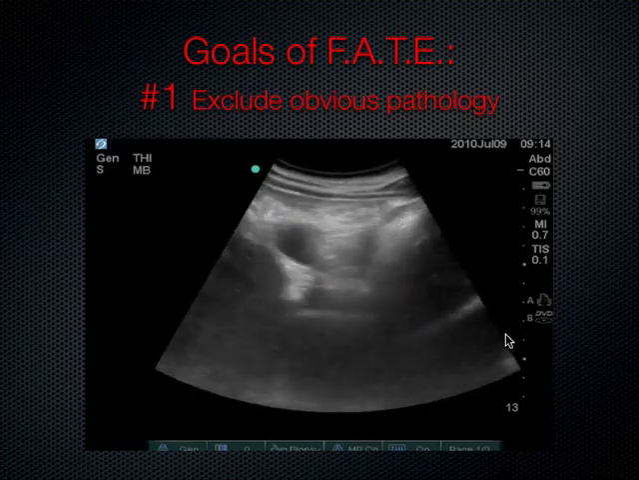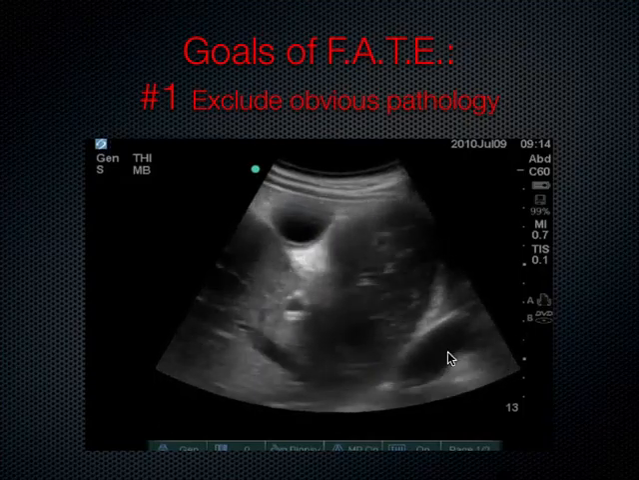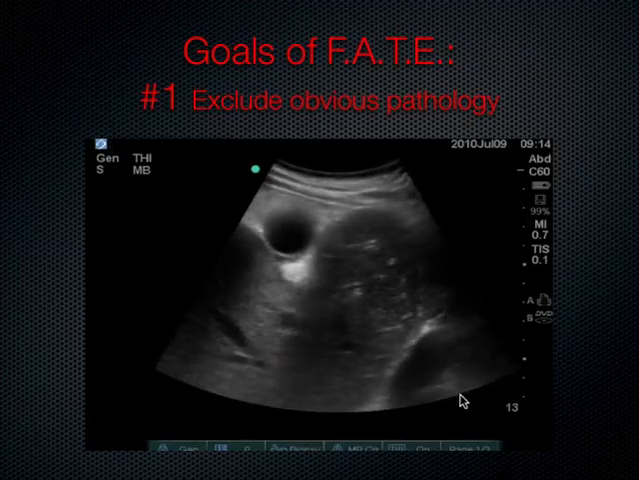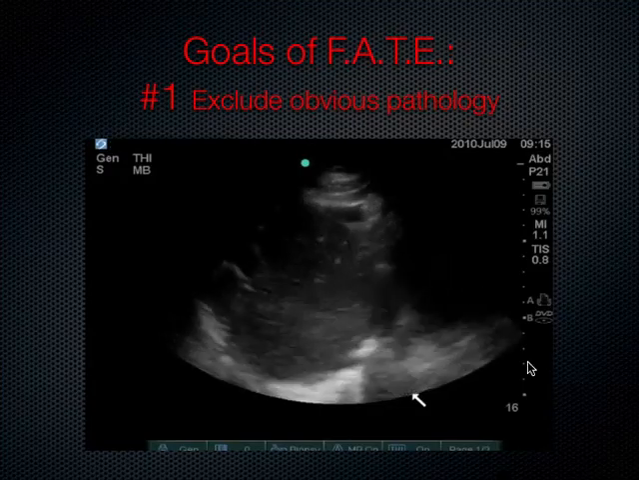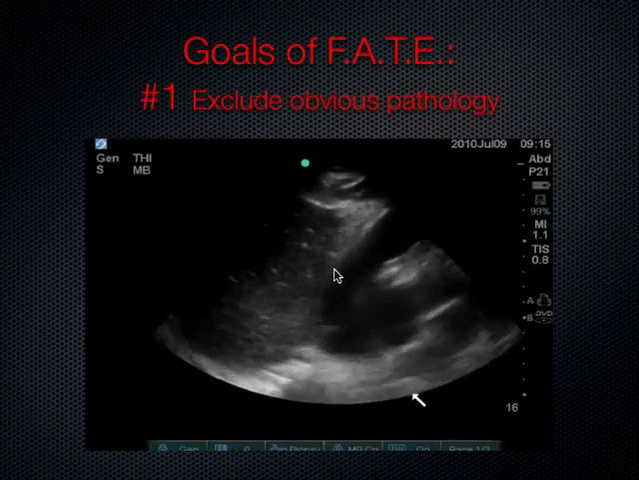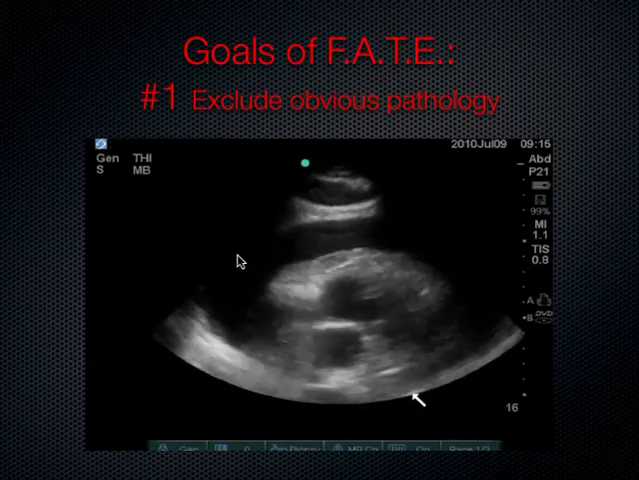My eye's kind of drawn over here, and so was the student's. He saw this black area down here where the heart is. He saw the heart moving, and so then he moved the probe into more of a subcostal plane. This is the liver. He's getting a subcostal view, and this is what a pericardial effusion looks like,